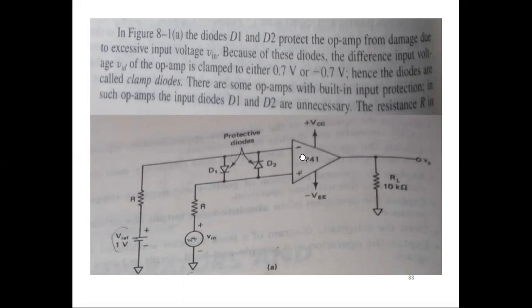This is a comparator which will give either plus VSAT or minus VSAT. Plus VSAT will be 1 volt less than plus VCC. Minus VSAT will be, magnitude wise,